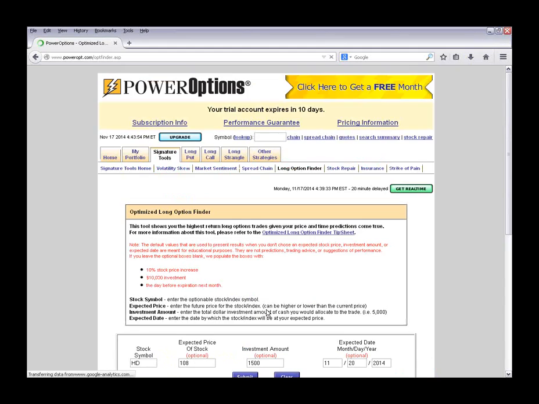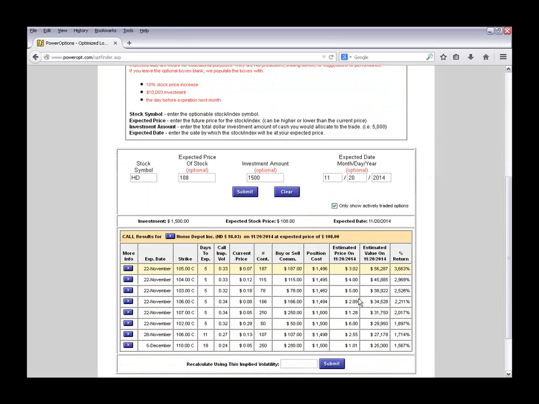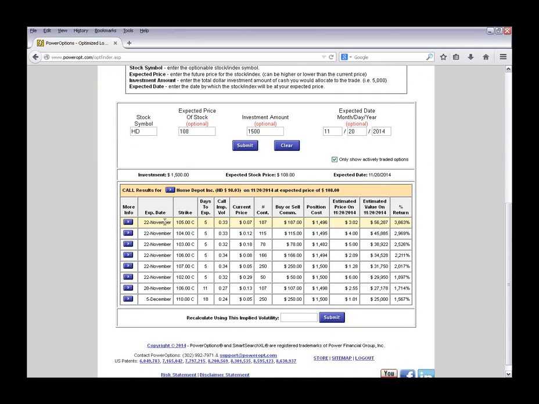All right, now let's go ahead and submit that. And again, we're only looking at actively traded options. And here we see that the closer in standard expiration for November, this Friday, just out of the money 105 call, very interesting, only has a price of 7 cents on this position. But if the stock did jump up to 108, well, naturally, we'd be close to our premium of $3. And our return, of course, would be extensive based on that gain if we're expecting that 8 to 10% increase